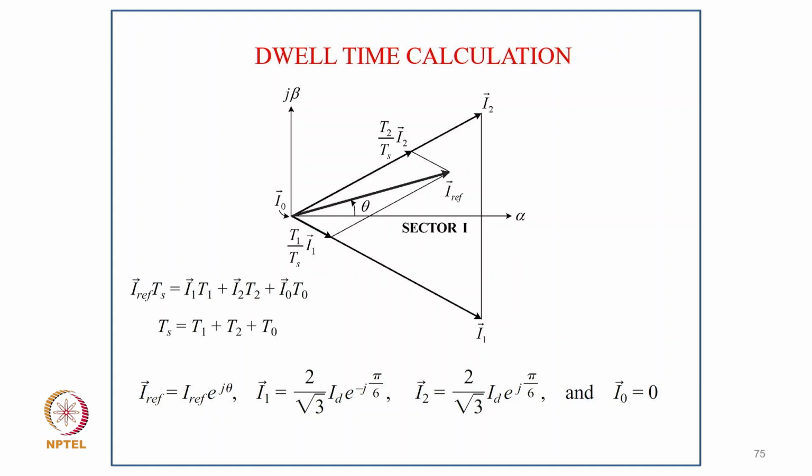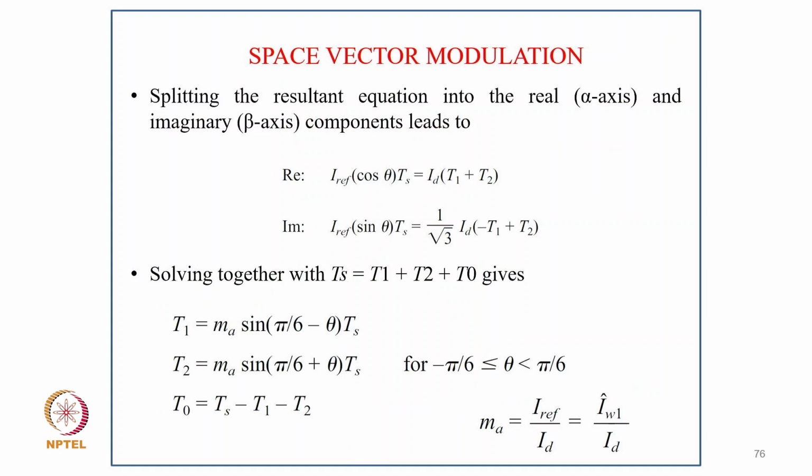So you can call it I reference equal to I reference e to the power j theta, and I1 equal to 2 by 3 Id e to the power minus j pi by 6, and I2 equal to 2 by 3 Id e to the power j pi by 6, and where I0 equal to 0. So splitting the resultant equation into the real alpha axis and the imaginary beta axis components leads to the real part: I reference cos theta Ts equal to Id in bracket T1 plus T2, and the imaginary part I reference sin theta Ts